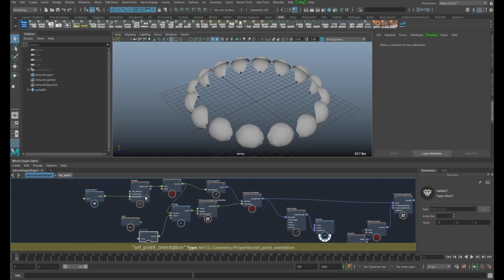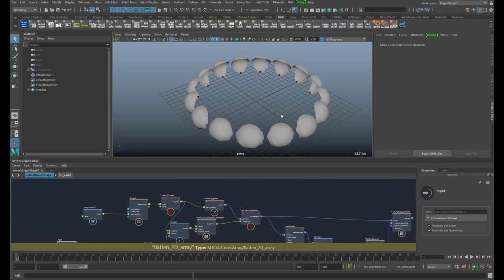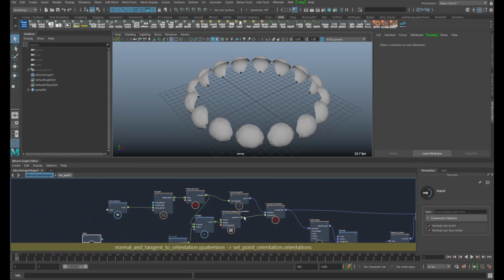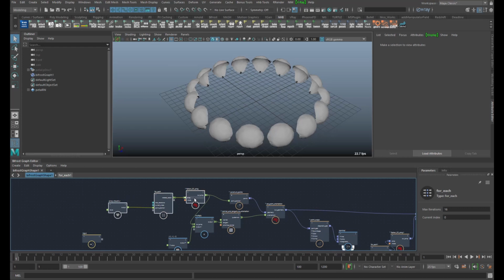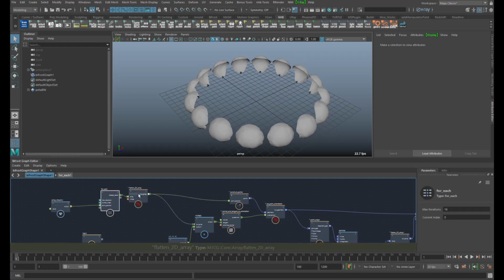And then let's create different layers of individual point circles. So these are our points.